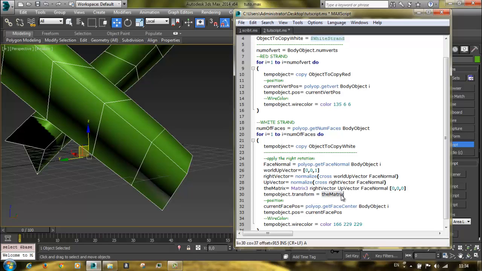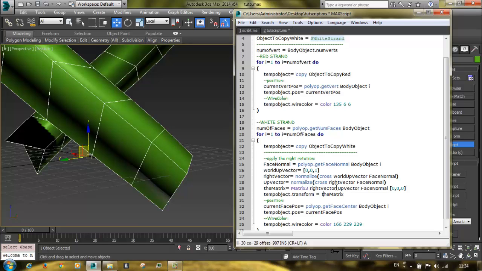The transform of the object is the matrix of the object. And what we did right now, we first apply the rotation at the origin, at the 0. So we don't care about the position of the object until we apply the rotation of the object. So how do we do this,